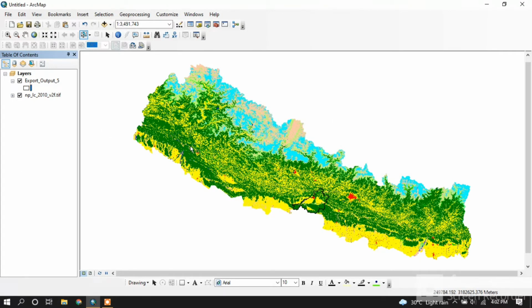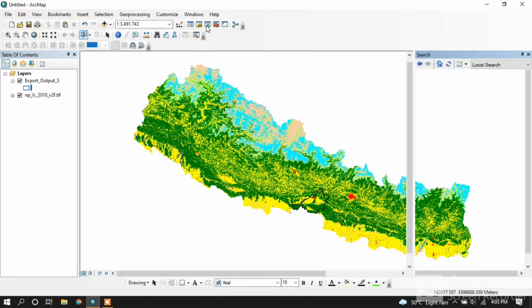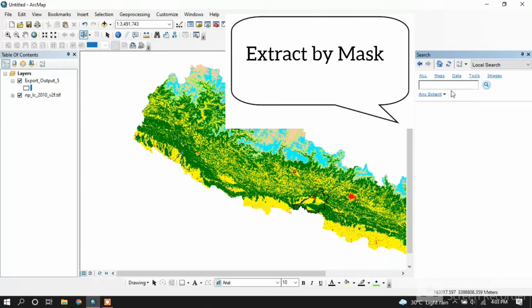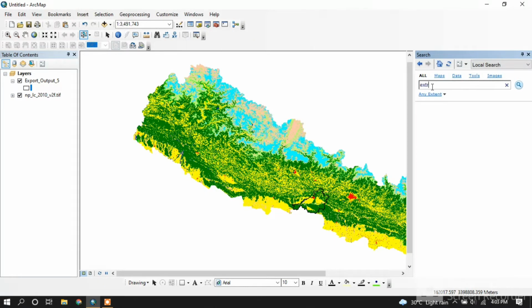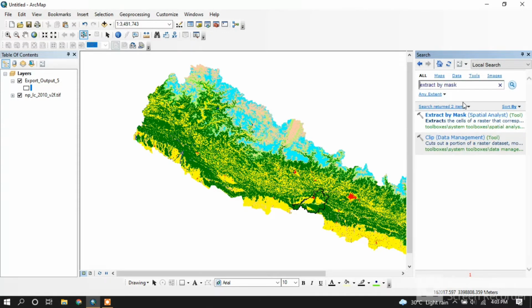And for clipping, as this is a TIFF file, that means it is a raster file, basically an image. For vector you clip by just going to geoprocessing and clip, but for raster you will go to this search icon and type extract by mask. Okay, so click this